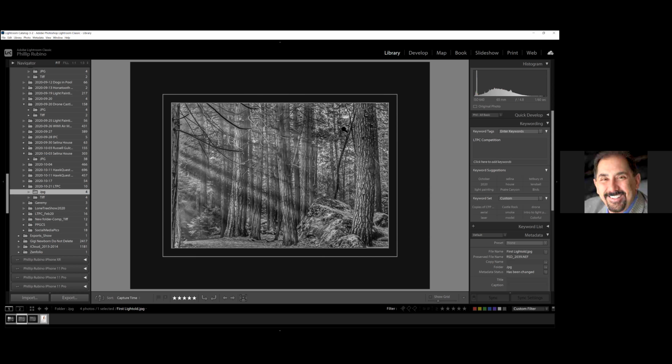I started out in color, and the first couple I did, I just completely over-processed it to try and accentuate those light rays. After I got done with it, I was like, oh man, they're so over-processed. They're just not good.